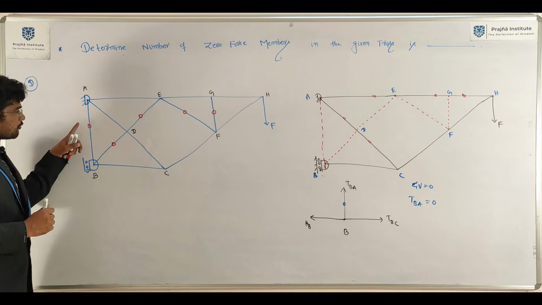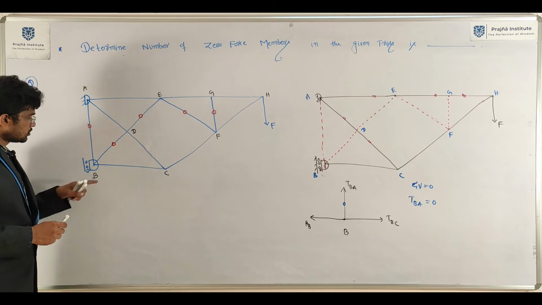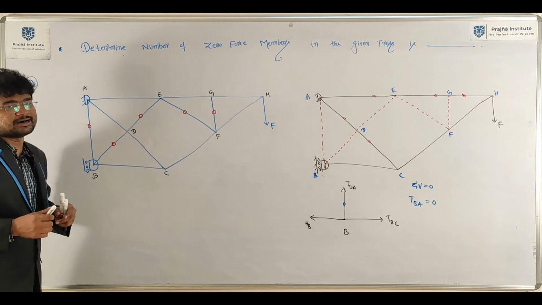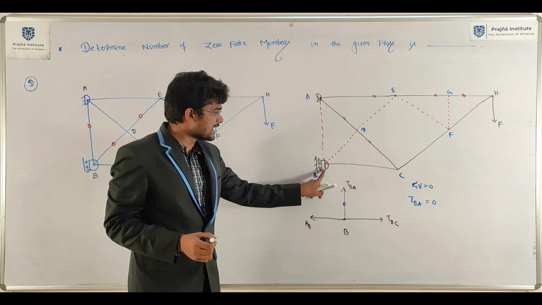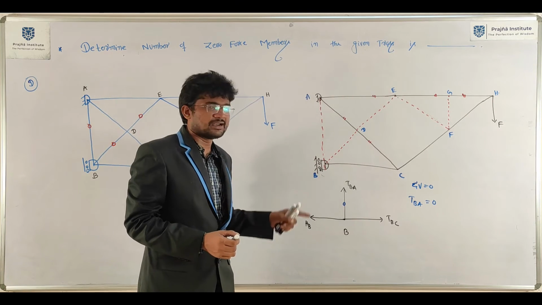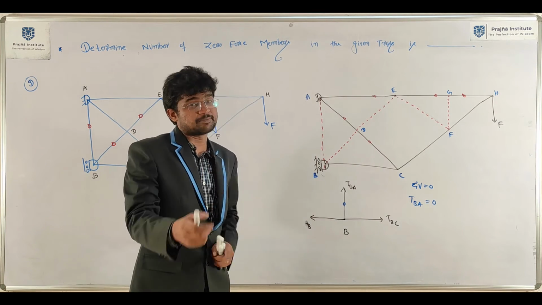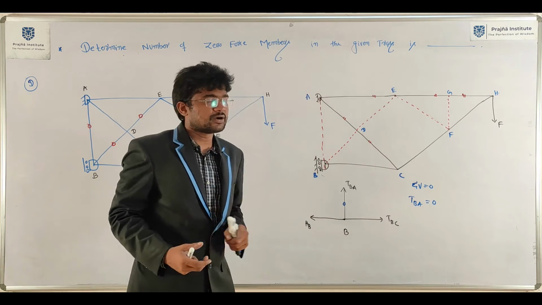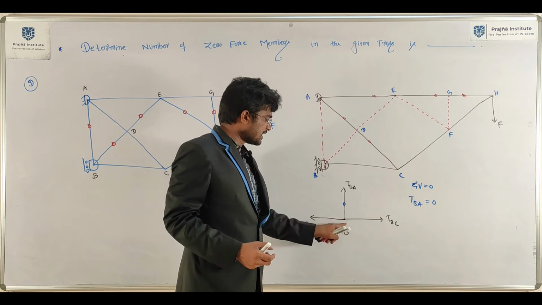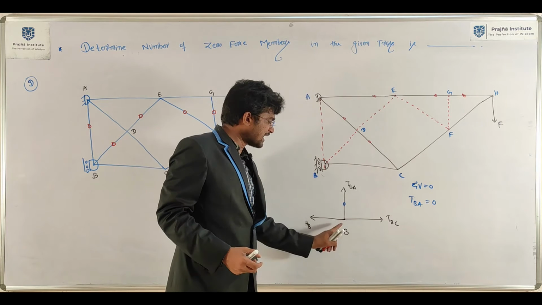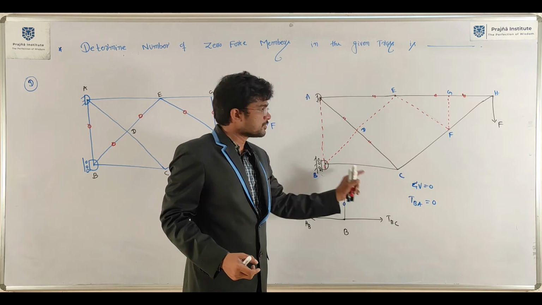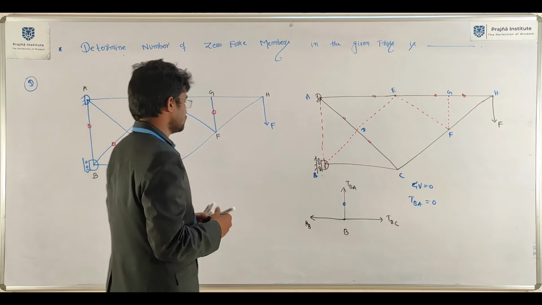It is a trick actually. Force in this member must be zero. When you see this kind of thing, we need to observe that the force in this member is equal to zero. Just draw the free body diagram at this point. When you see a roller support, you will definitely get this kind of thing. Once you draw the free body diagram here, TBC, one horizontal reaction, and no vertical reaction here. In that case, TBA will come here, sigma V equals 0, so the force in this member must be 0.